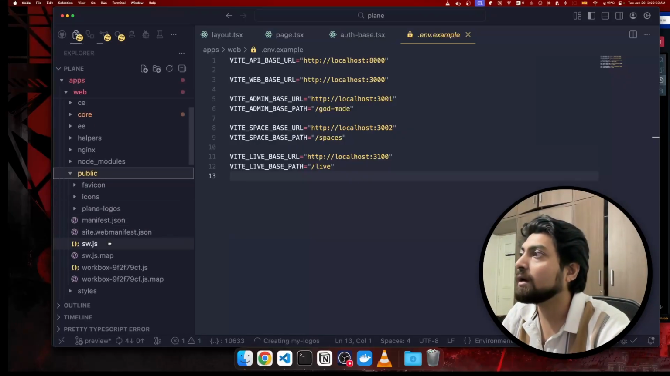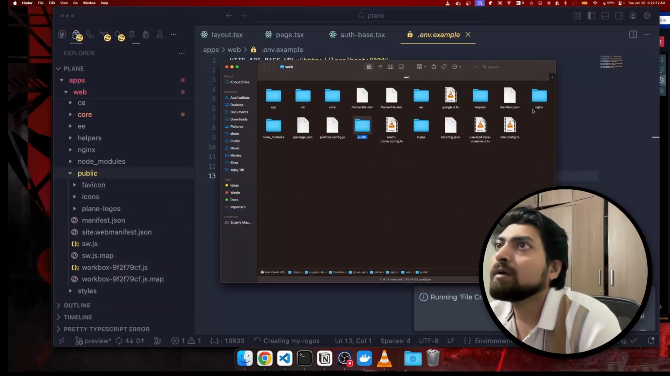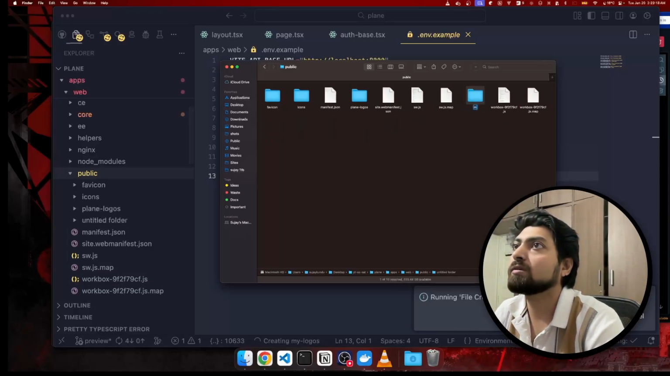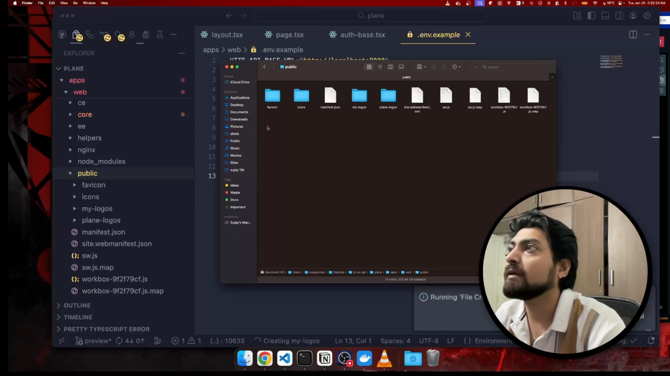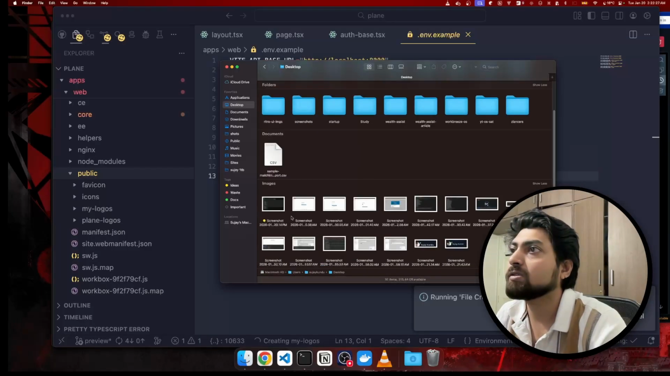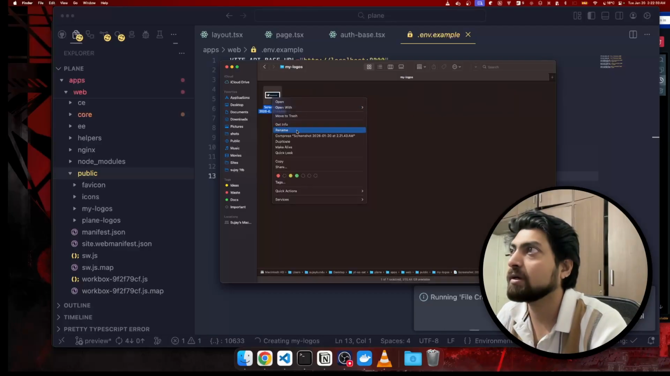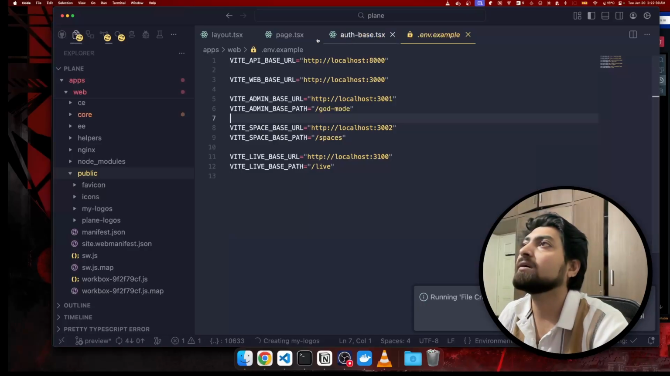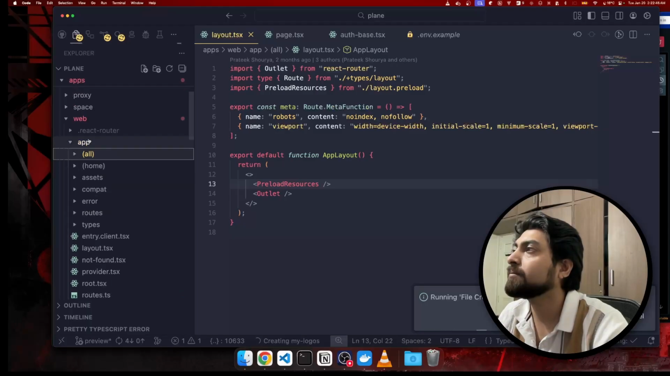Okay, and inside public, I'm just gonna rename this folder, my logos, correct? And in this I'm gonna just copy the logo like this, and I'm gonna make it as logo.png. Okay, so once I have that done, what I'll do is I'll go to web app